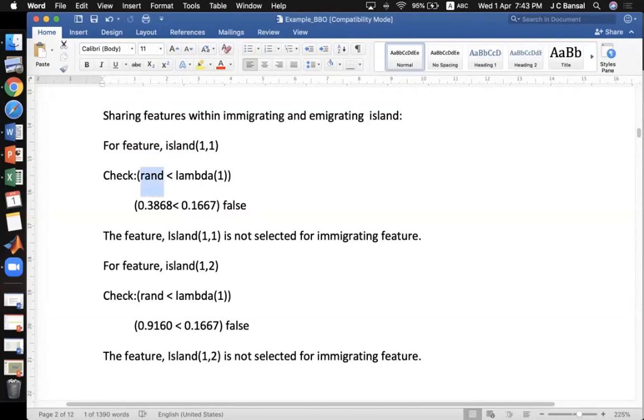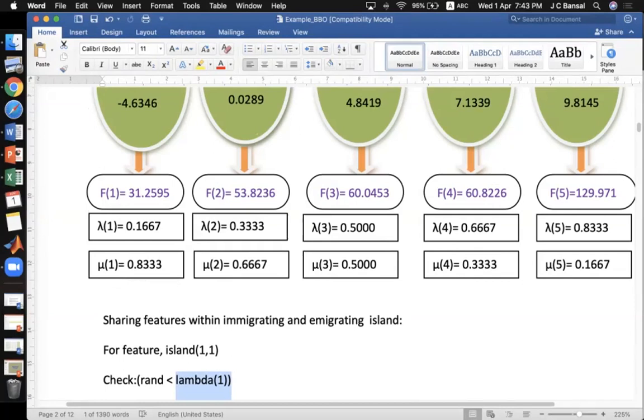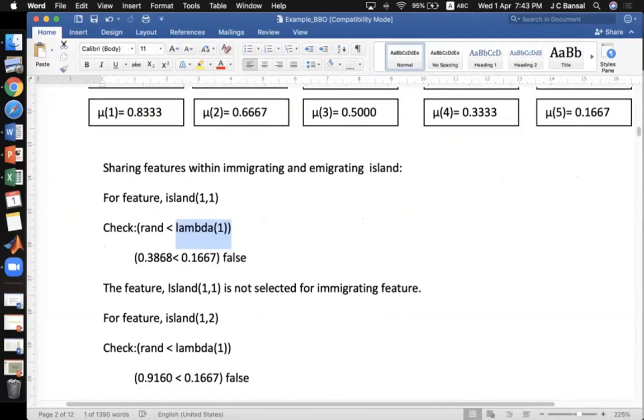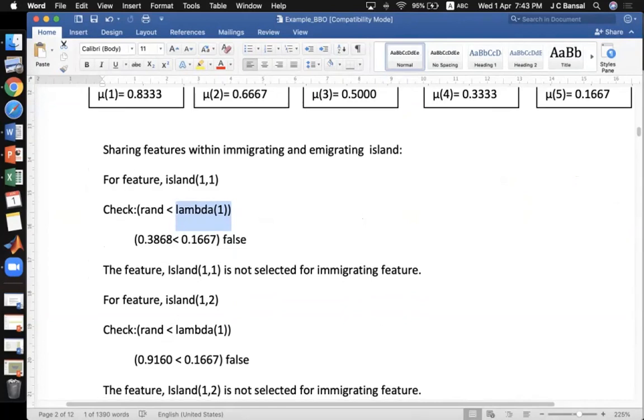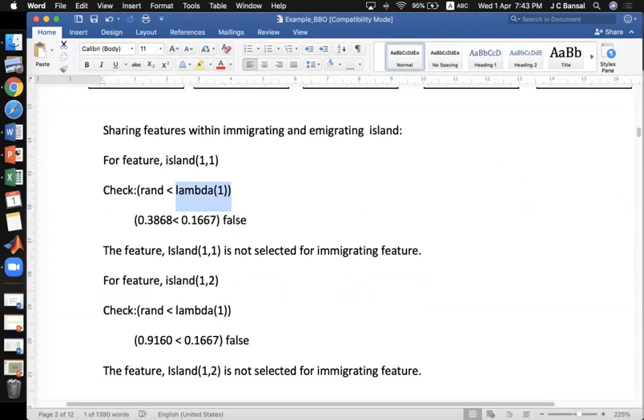This rand is a random number between 0 and 1. If it is less than lambda 1, which you have already calculated here, 0.1667, then it will modify, otherwise it will not modify. It means it will immigrate, otherwise it will not immigrate. Now you can see this is the first island. This is the best island. You remember this is the best island.